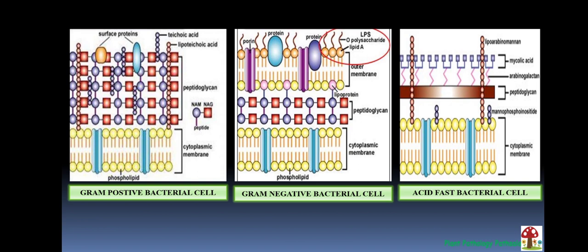Apart from this, there is a layer between the cell wall and the cytoplasmic membrane, called the periplasm. It is a connecting link between the two membranes, and it is a gel-like matrix which consists of different soluble compounds such as enzymes, vitamins, amino acids, sugars and phosphates. It helps in maintaining the osmotic condition of the cell, and it also protects the cell from osmotic burst.